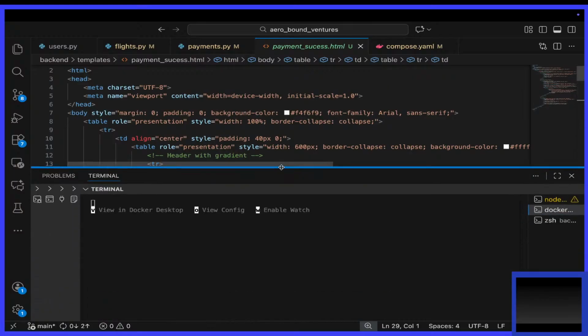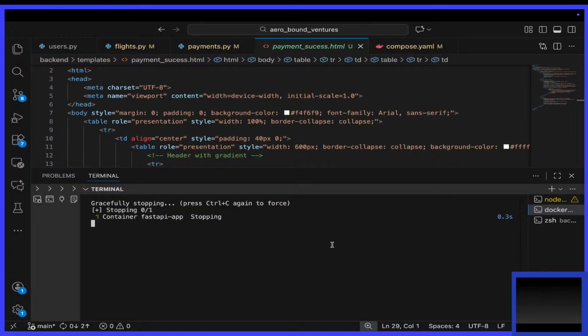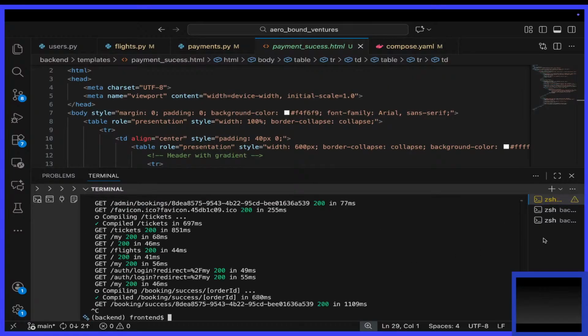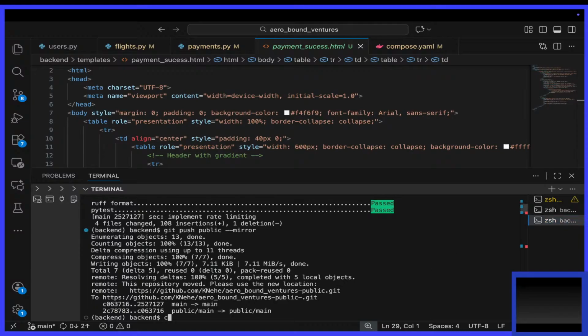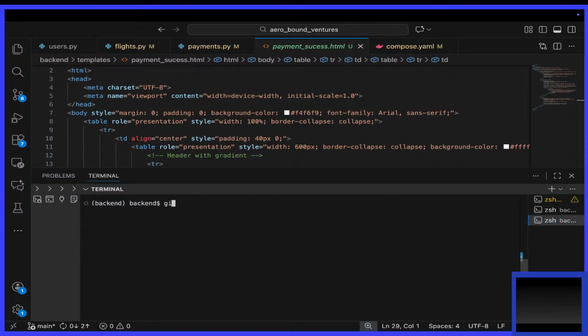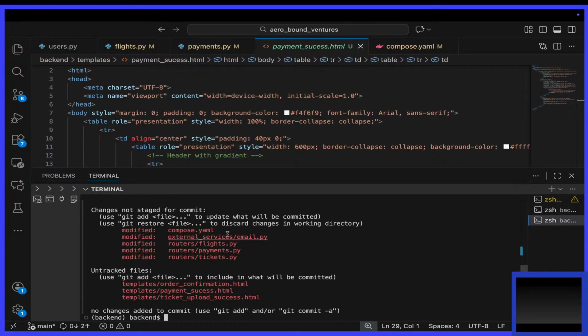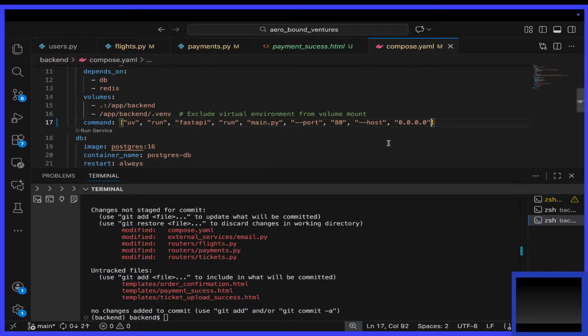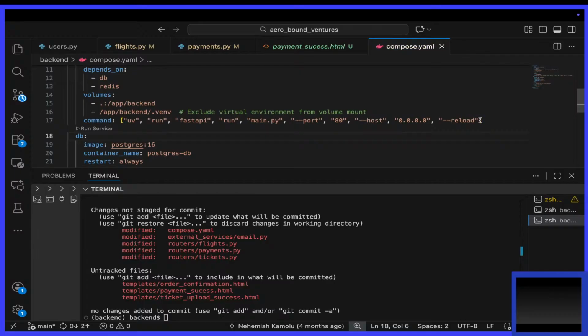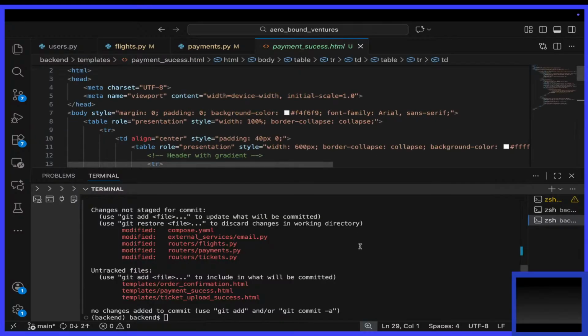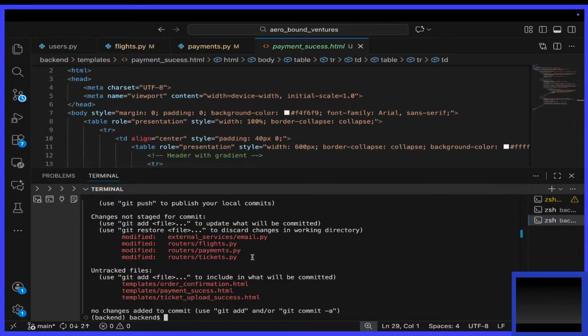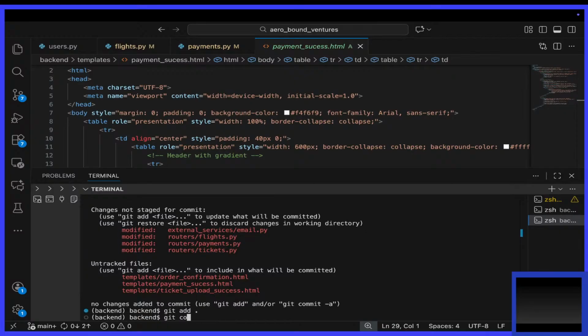So I'm going to go here down. So that to enable you to send that PR, let me push the code right now. I'll clear my screen, okay? I'll say git add. Let me just do git status just to see what I have. Okay, compose the YAML. I need to restore the reload, okay? This reload is good for development. Don't have this in production, okay? Don't reload in production. So git status again. So I think this is all okay. So I'll git add, commit -m